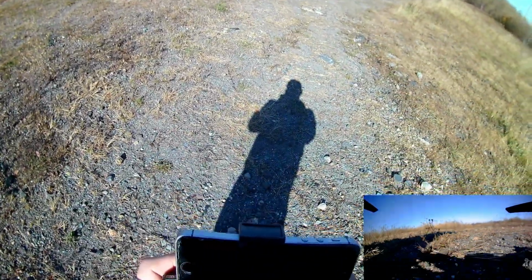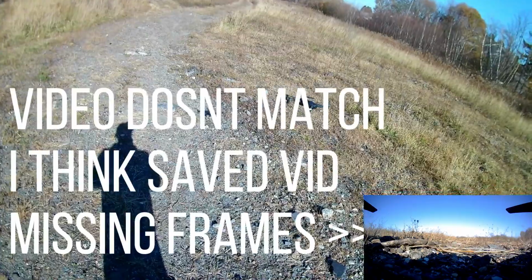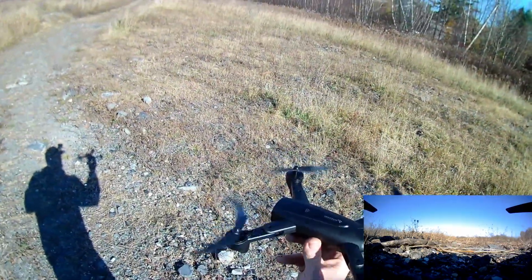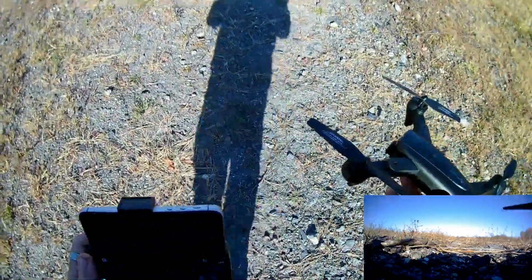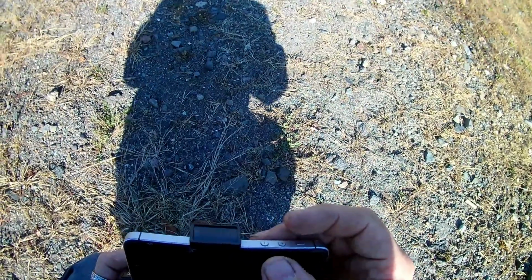I'm going to go ahead and set it down. Hopefully we'll be able to take off again. Well, let's go over here and just press that button. I pressed the button on the controller, did a little hand catch there. I'd really like to see if I could change the parameters while I still have